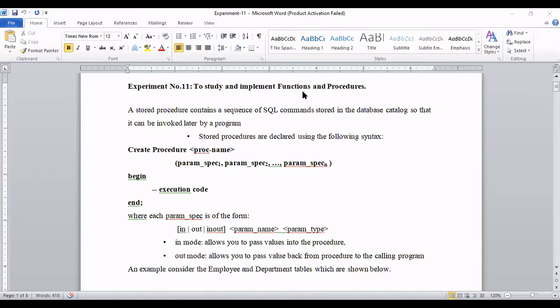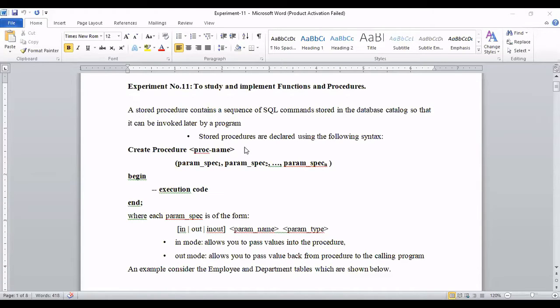If anyone asks what is the difference between function and procedure, or what is actually a function, you are familiar with function. A function is a set of statements. Usually in SQL, you know how to execute a single query.